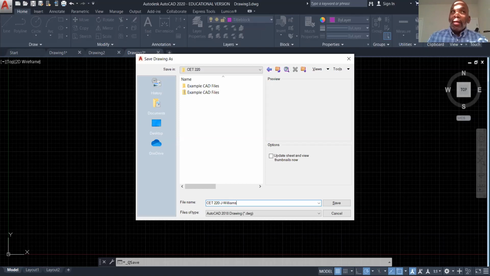Every office has its file saving standards, so that everybody knows them and nobody creates their own. All right. So CET 220-J, my first initial, last name, dash,